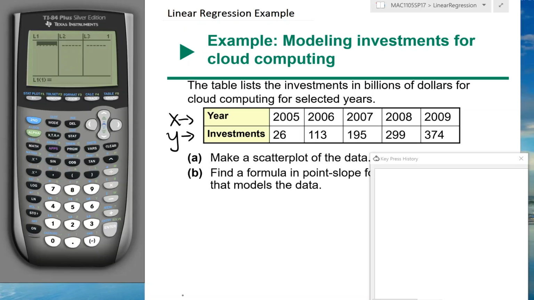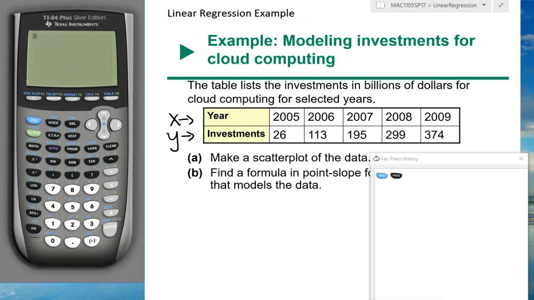Let's look at how to make a scatter plot of the data of a data set using your calculator. So you looked at an example in your notes about the investments in $1 billion for cloud computing for selected years. So for example, in 2005, the investment was 26 billion. So to make a scatter plot,